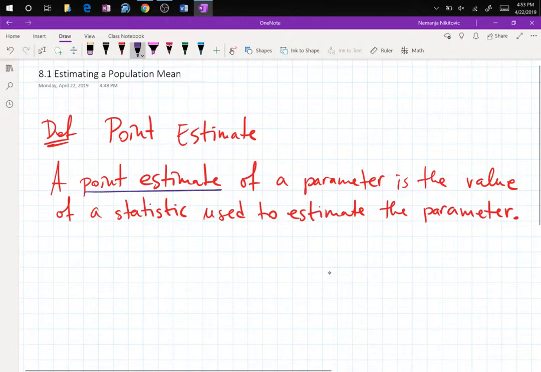So if it's a mean of a population, the point estimate would be the sample mean, because that's the best you can do, right? So, for example,